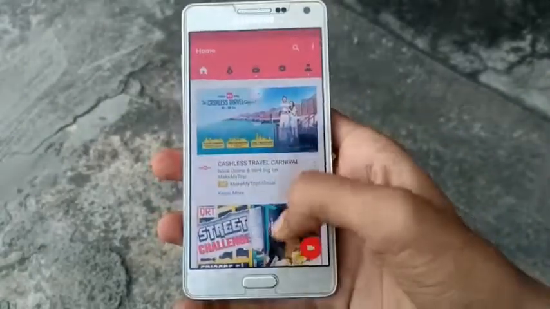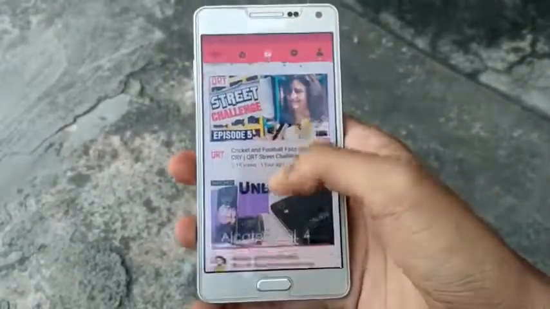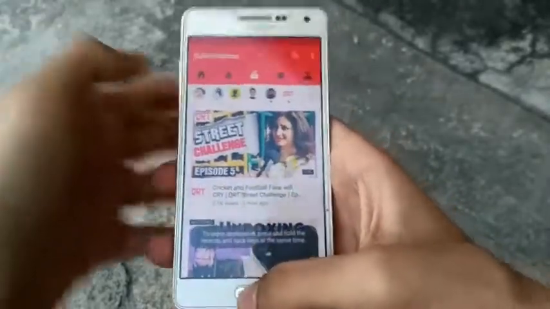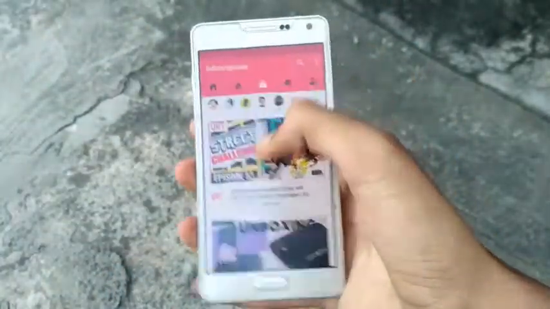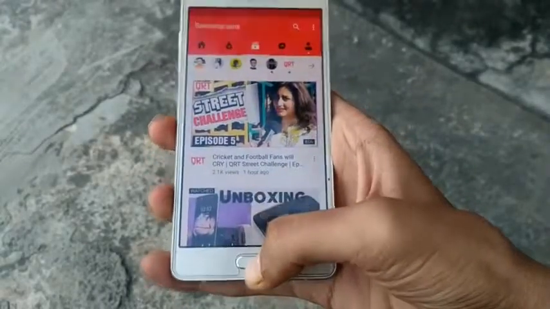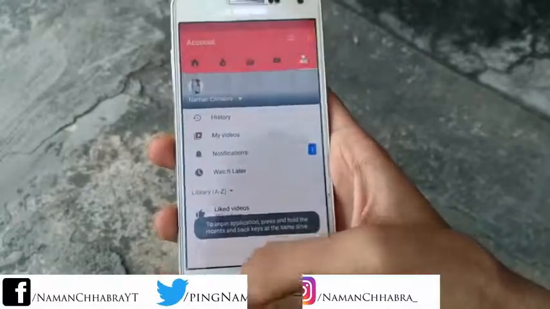Again, it depends on the device. In some devices you have to hold the app for a while to pin it, but in Samsung devices you get the pin button itself. Once you do that, the user will not be able to exit this app, and they can't even access the notification bar or status bar.